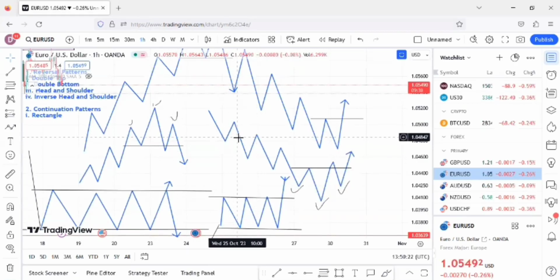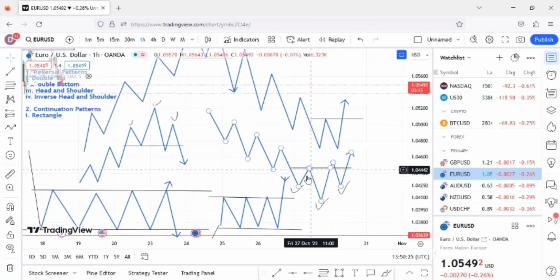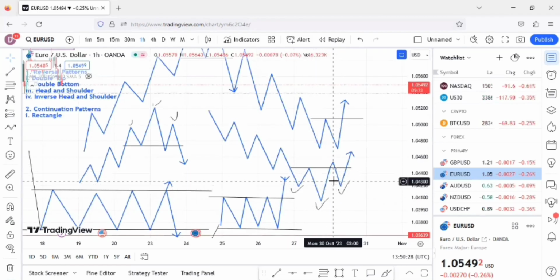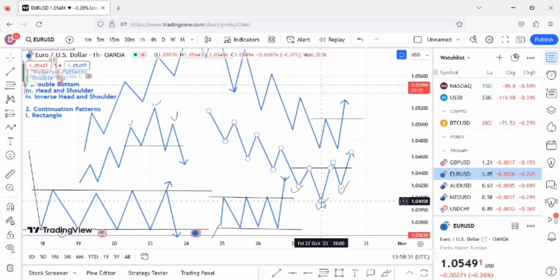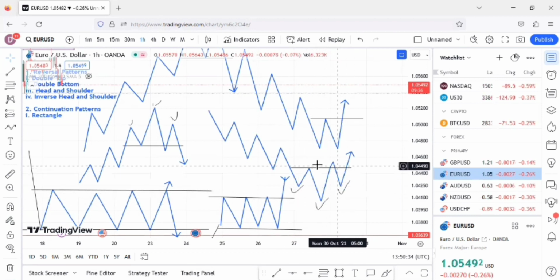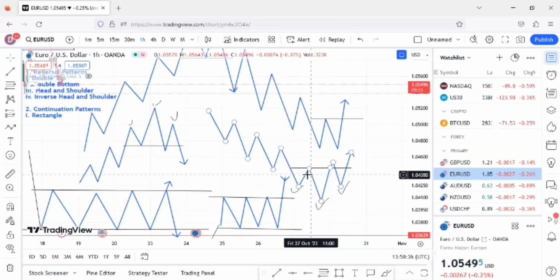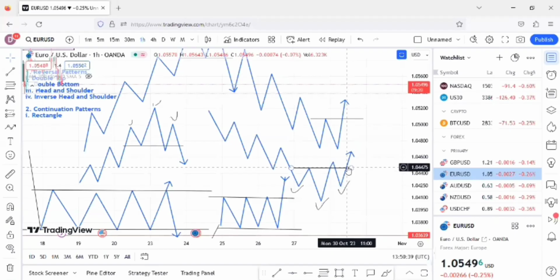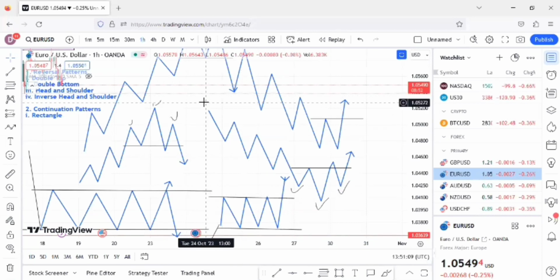The same thing in a downtrend. The moment you are able to sight this in a downtrend, what do you do? You've seen the left shoulder, head, and right shoulder. You wait for a neckline break. Your neckline is here. The moment you see this neckline break, the candle must close above it here. If the candle does not close, that is invalid. But for it to be valid, it must close above. So the moment the candle closes above this, you enter your buy and you place your stop loss below this place. That is how to trade